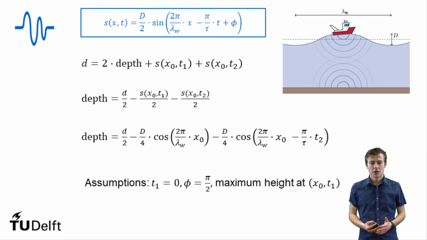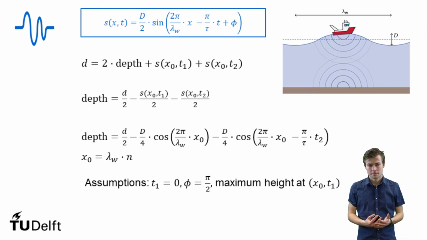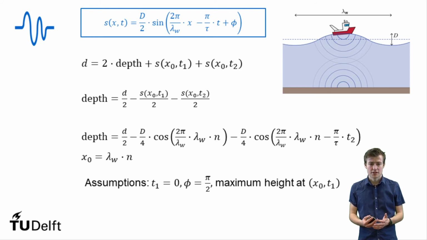The last assumption we could make was that the boat was at maximum height at x is x0 and t is t1. This means that x0 should be such that the first cosine is maximum, thus a multiple of 2 pi. This means that x0 should be lambda times n, such that if we multiply them, we get a multiple of 2 pi. If we substitute x0 into our equation, we obtain the following, and we can now work out the